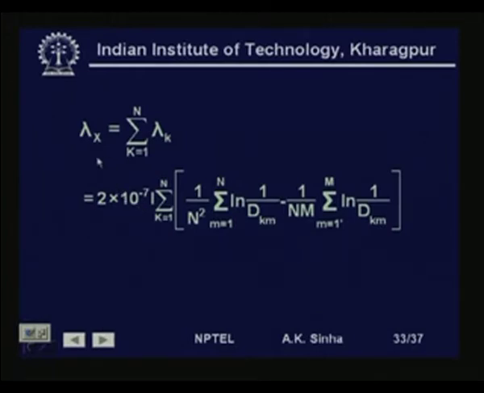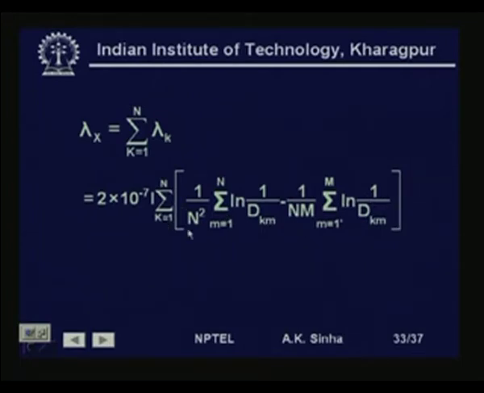Now, what will be the total flux linkage of the conductor X? That will be the summation of all the flux linkages of each subconductor in that system of conductor X. Therefore, lambda x is equal to summation k is equal to 1 to n lambda k, which will be equal to 2 into 10 to the power minus 7 I sigma k is equal to 1 to n of this